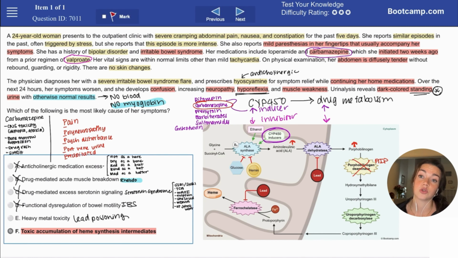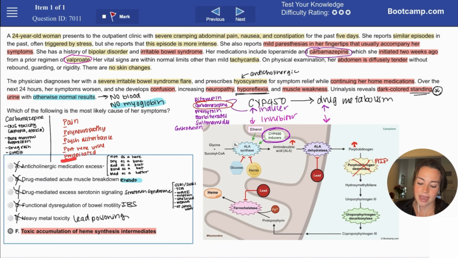But lead poisoning is usually chronic, and it usually doesn't present acutely with a rapid worsening like this. It wouldn't follow this episodic flares type of picture. Additionally, that urine that darkens on standing is not characteristic of lead poisoning. That is AIP, that screams that AIP buzzword at you. So E is out. So, in summary, this patient's abdominal pain, polyneuropathy, psychiatric disturbance, port wine colored urine that darkens